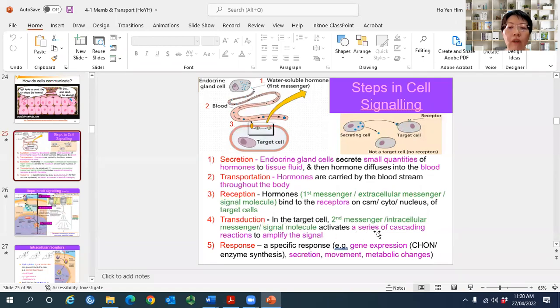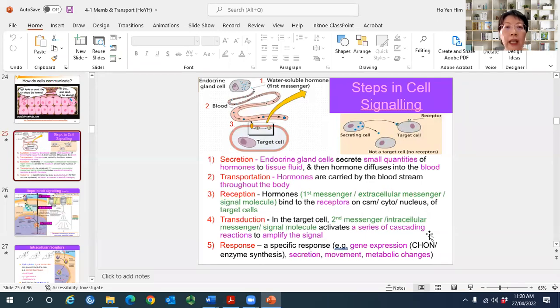Then it activates a series of cascading reactions to amplify the signal. So transduction has 2 parts, the secondary messenger and also the cascading reactions of the enzymes. Then lastly is the response, meaning what the cell does because of receiving this signal. So these are the 5 things in your syllabus that you need to know, and you refer to them as your base to answer questions